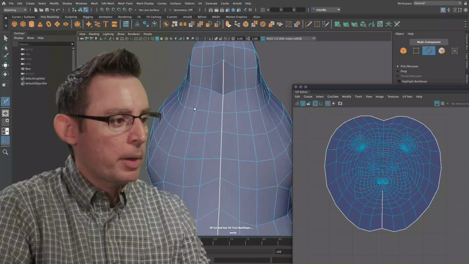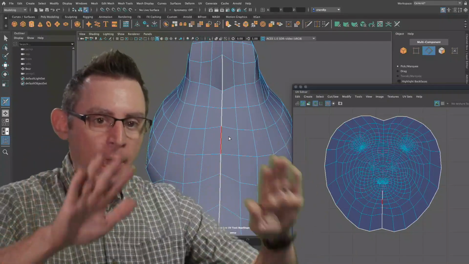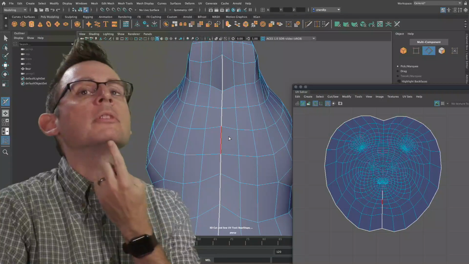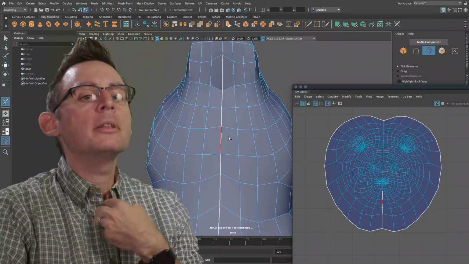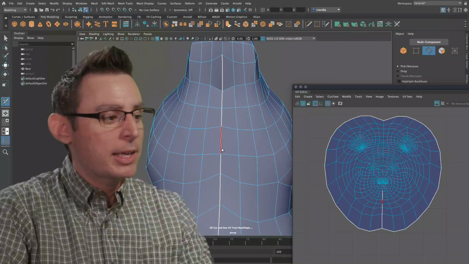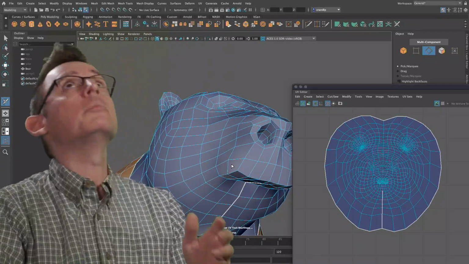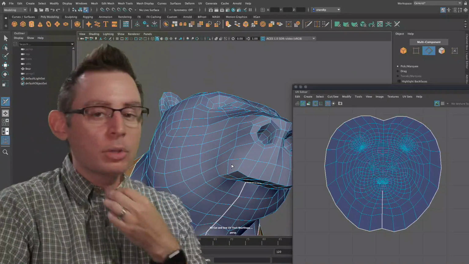Yeah, I want to have it go right about there. That way I can start flattening this out a little bit. You see this often. You see a seam that runs down the front of our character. And that's a good place to hide a seam. Underneath the chin, you're not going to see very often. It's kind of rare for someone to completely arch way back and to expose that seam.